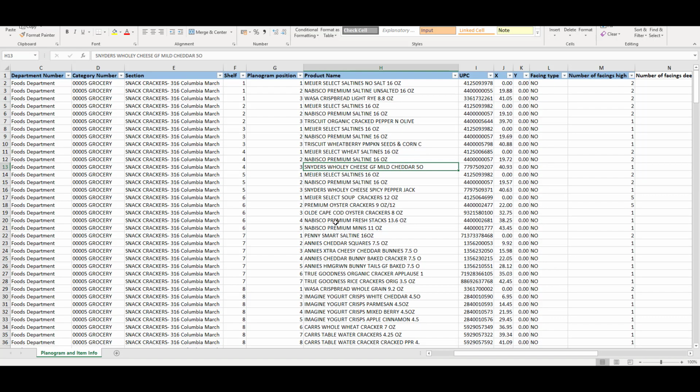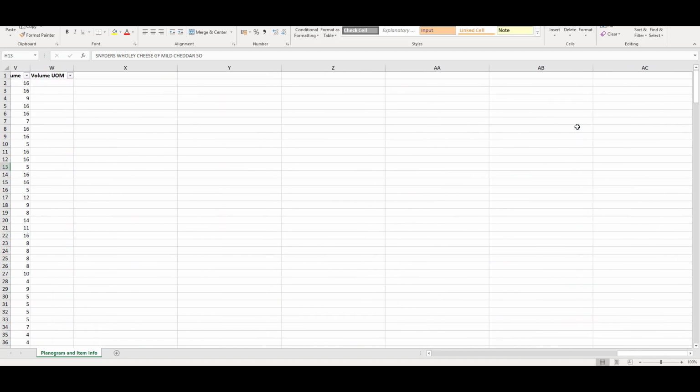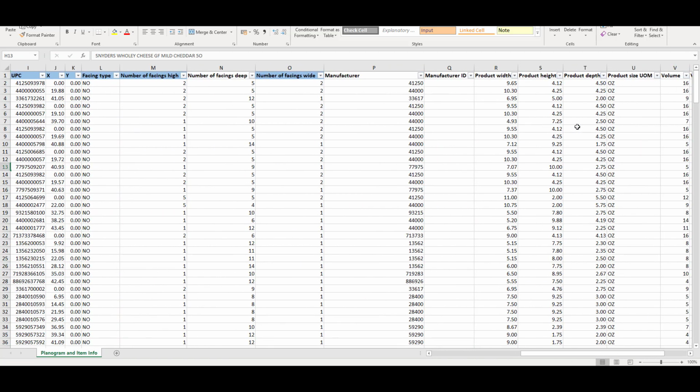As we click on the Publish button, what the system does is it actually writes all the planogram information back to the database. And I'm showing you here in this Excel file the type of information that is written. So for every product, we can see its position on the shelf and on the planogram, its absolute position in XY terms, the number of facings, and also other related metrics such as the product dimensions and the capacity on the shelf. This information is then passed to our Shelf Intelligence solution,